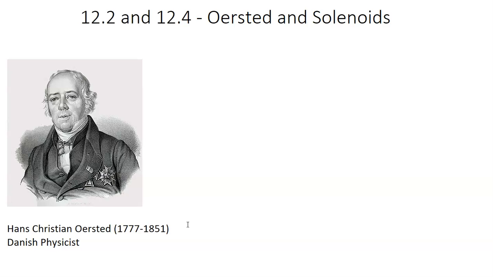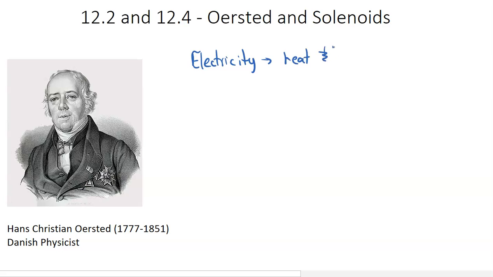The first thing is this. Everyone knew at the time that if we're going to have electricity, two things have to happen. We have to have heat and light. There's going to be some connection between heat and light. That was their experience with electricity at the time.